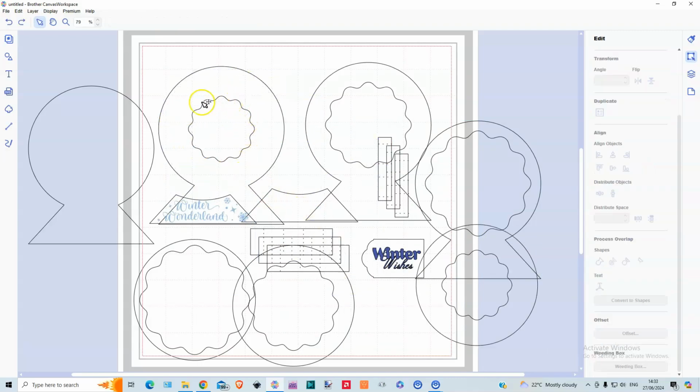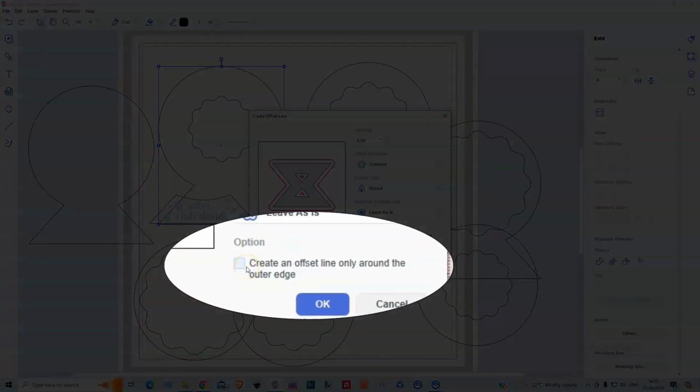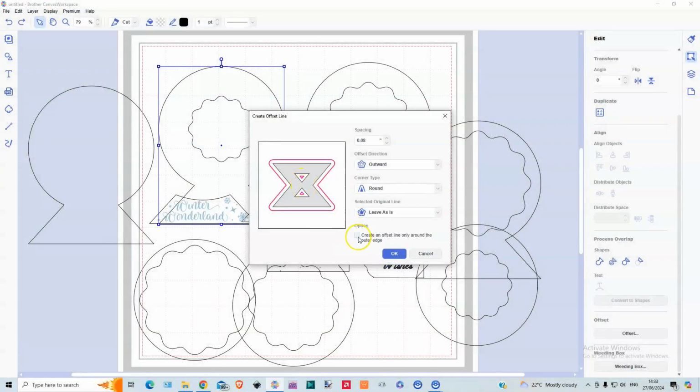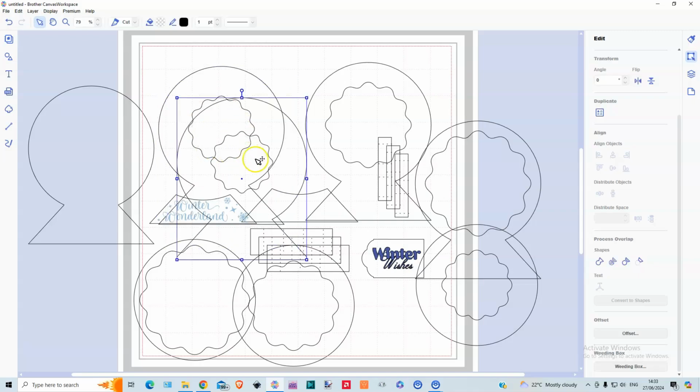So if you want mats for the circles that are left, if you're like me making another card, what you need to do is offset, and you want outward. But what you want to do is click this box down here that says create an offset line only around the outer edge. If I click it, you can see the middle pink lines have gone. If I unclick it, they're back. That's what we need. Click OK, and we've got the inner line there. If we take it out,